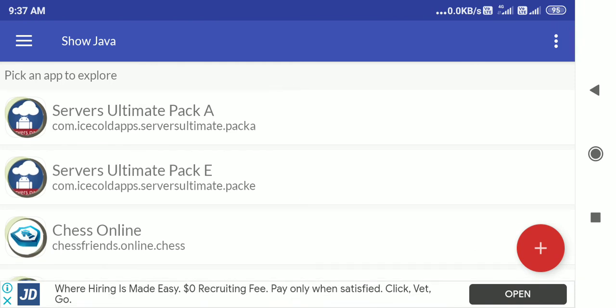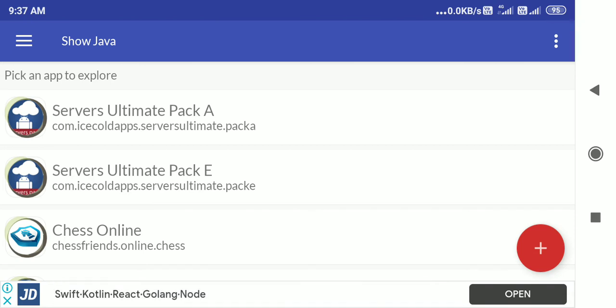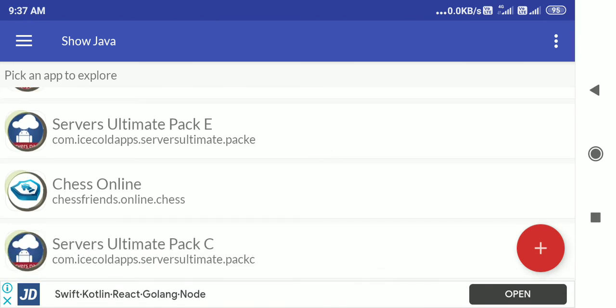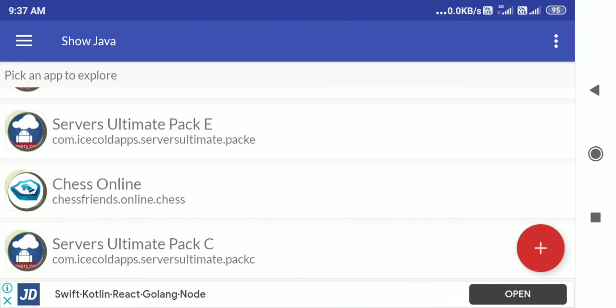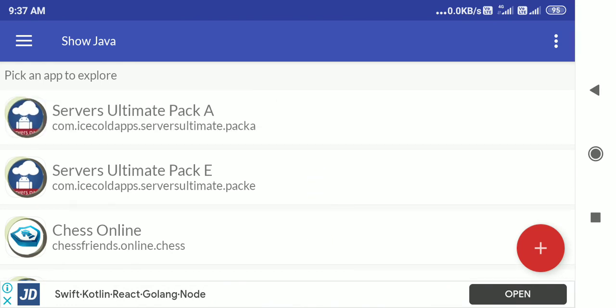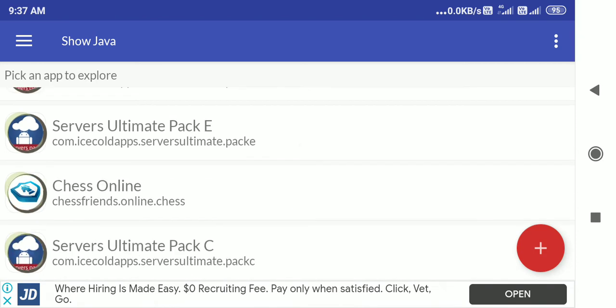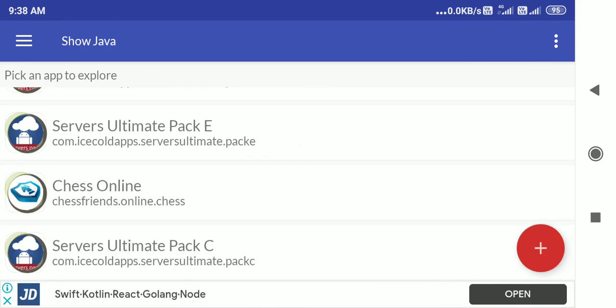Now we learned Java also, but the problem is that Java has many different packages, and you can learn all the packages, but using them is very difficult, because once some packages are compiled and put in pack C, pack E and other things, you won't know what is inside. So you use a decompiler and check what is inside, and after that you can write your own application over that and use that particular package, so you don't have to worry.